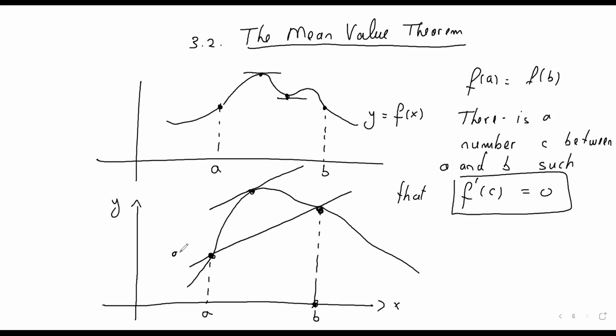Now, these 2 points are A comma f of A and B comma f of B. And to say that the tangent at this point C here between A and B is parallel to the line connecting these two on the graph is the same as saying that f prime of C